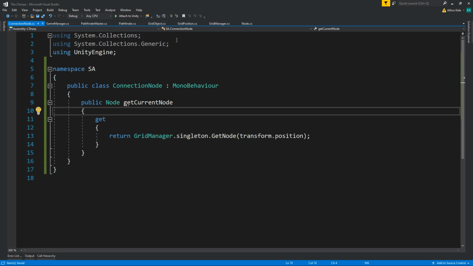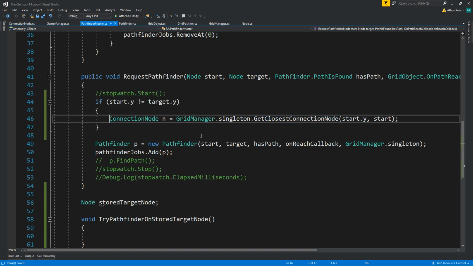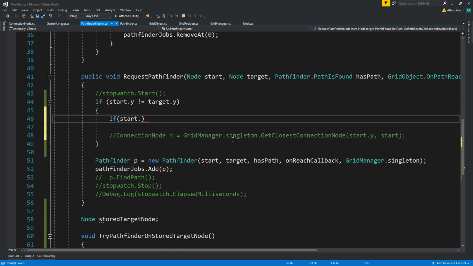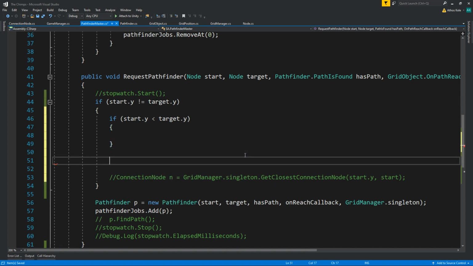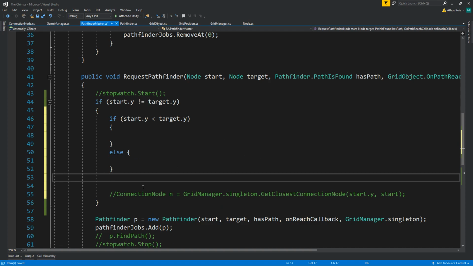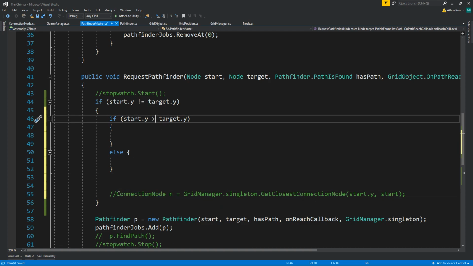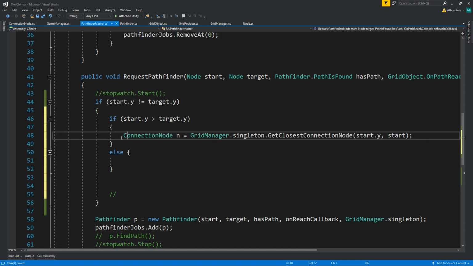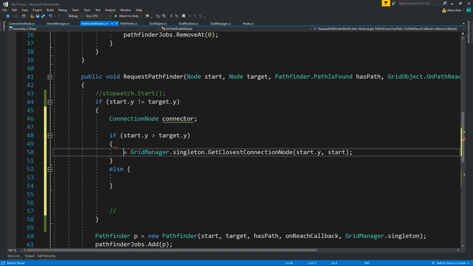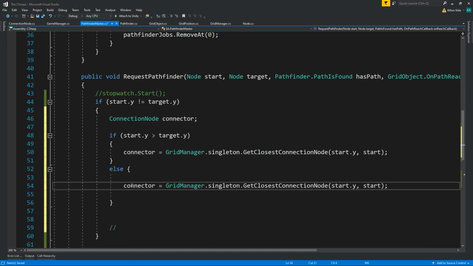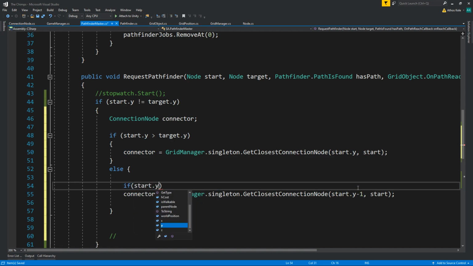Okay, which means on our Pathfinder master, we now need to know if start.y is less than target.y. So we're going backwards, downwards. And on the else of this, of course, is going to be higher. So let's actually do it like this. So we're going to say we have our connection node. Okay, and with this, it's just going to find you because we're going upwards. We're looking at the same level. Because we want to be going downwards now, we're going to be saying start y minus 1. But at first, we should say if start y dot minus 1